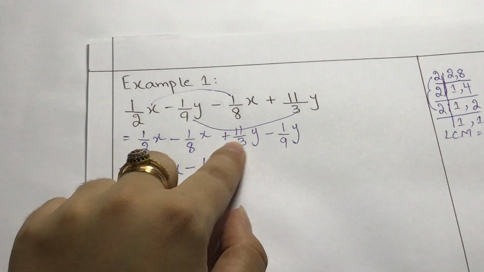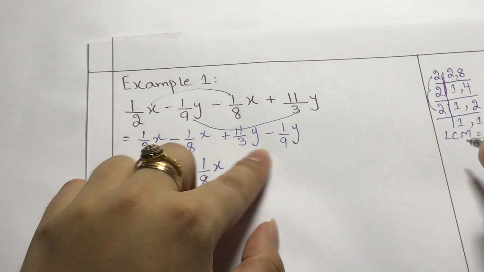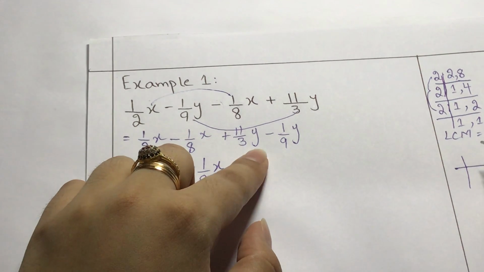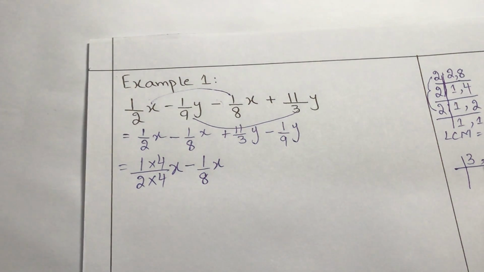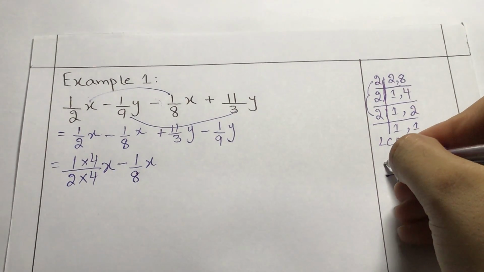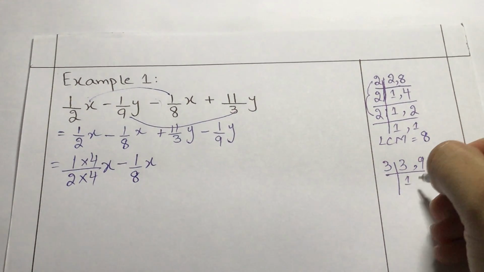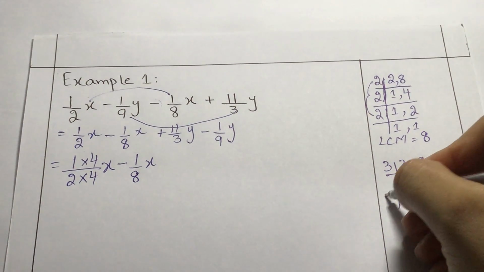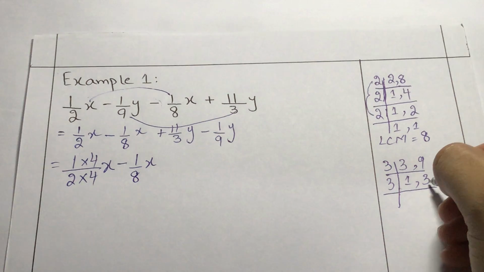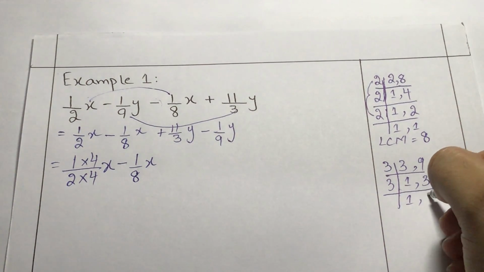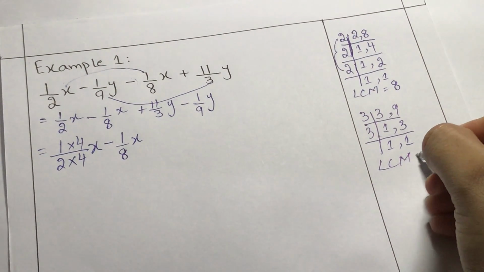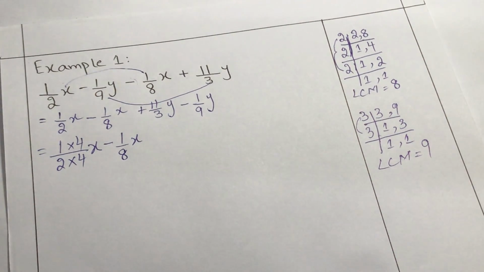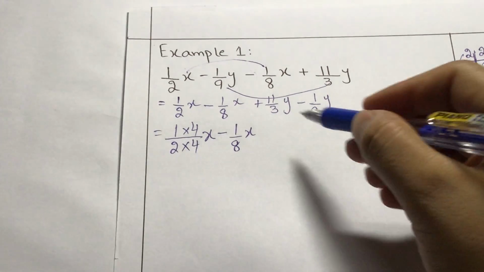Now let's take the LCM of the second pair of the denominators, right? And the denominators here are 3 and 9. Now you can see 3 and 9 are both not divisible by 2. So we will choose the next prime number, that is 3. So we will divide with 3. 3 ones are 3. 3 threes are 9. Now 1 is not divisible by 3, but 3 is divisible by 3. So 1 as it is, and 3 ones are 3. Now the LCM of the second pair is 3 threes are 9, right? Now what should be the denominators here?